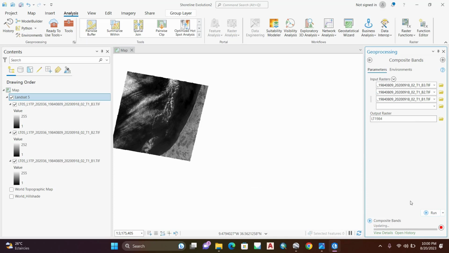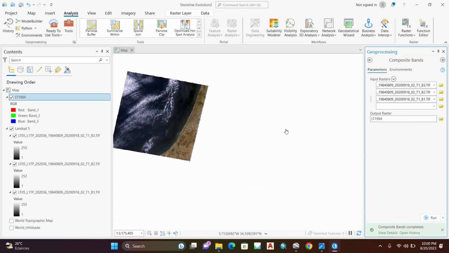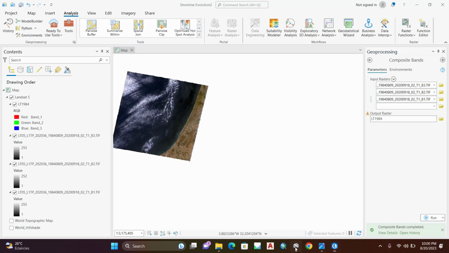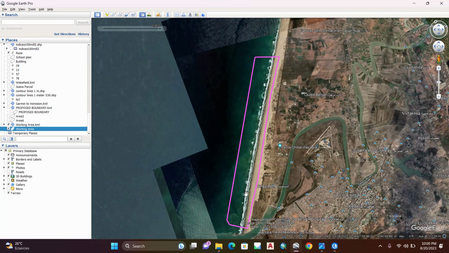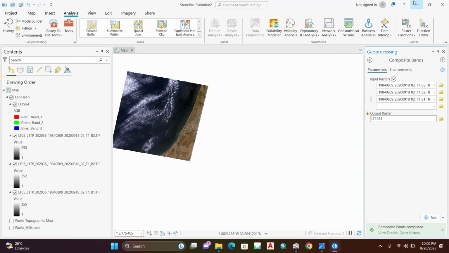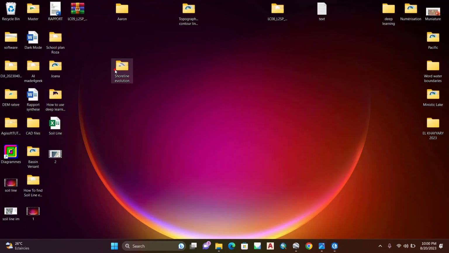So wait till the process finishes. So now we will see how to import my working area, my KML working area, this one. To import or convert the KML to a shapefile,